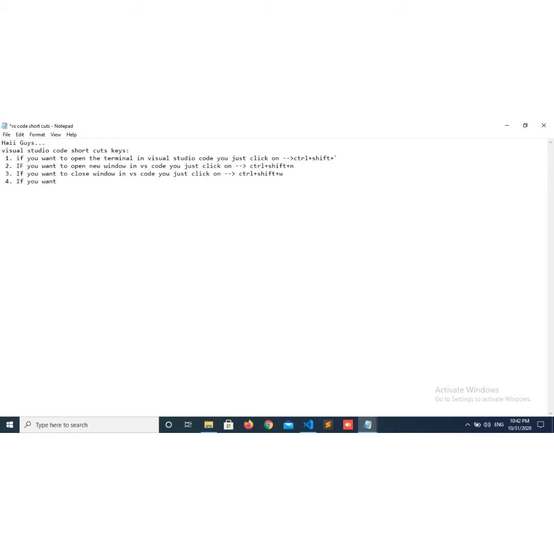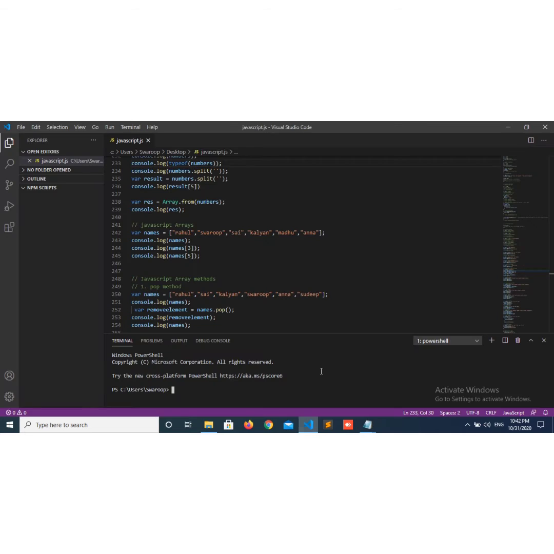If you want to find a word in the code, you just click on Control plus F. Control plus F. Sorry.